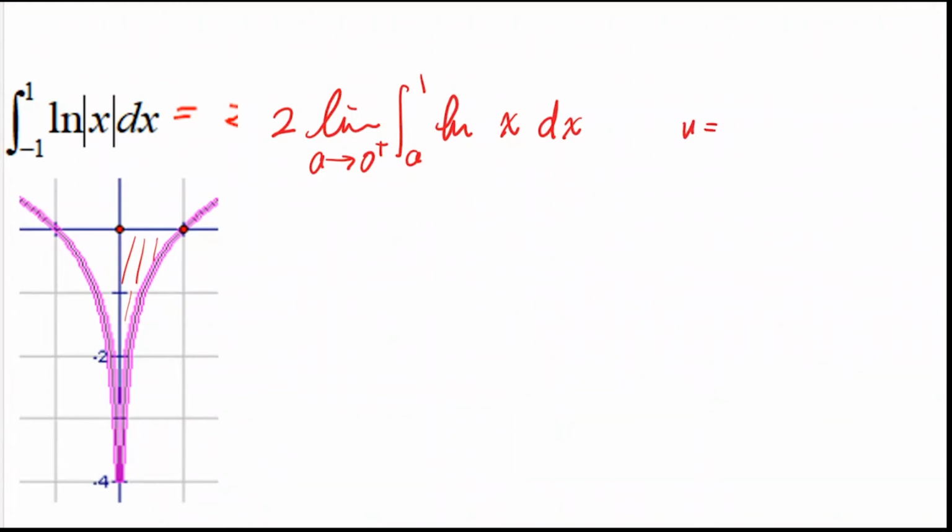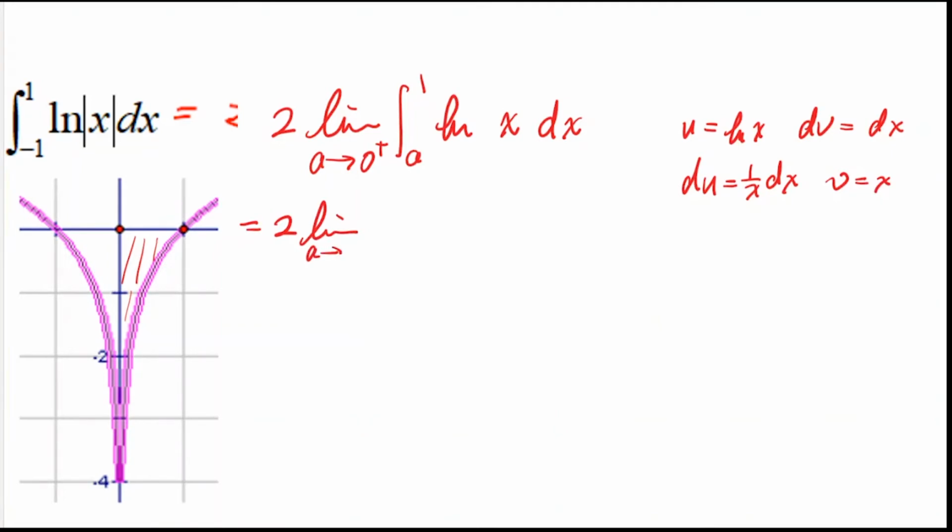So u is ln x, and dv is dx, then du becomes 1 over x dx, and v becomes x, right? So the 2 times the limit as a approaches 0, and then what we have is x